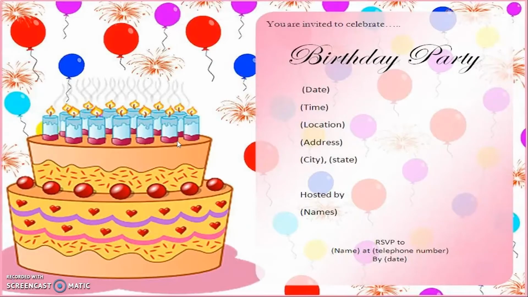So this is the simple online invitation. Okay, here we have used the image and different colors for our layout. So this is the look we generated for our online invitation. Here it will include the date, time, location, address, city, and who is going to host the function. So everything will be there in our online invitation.